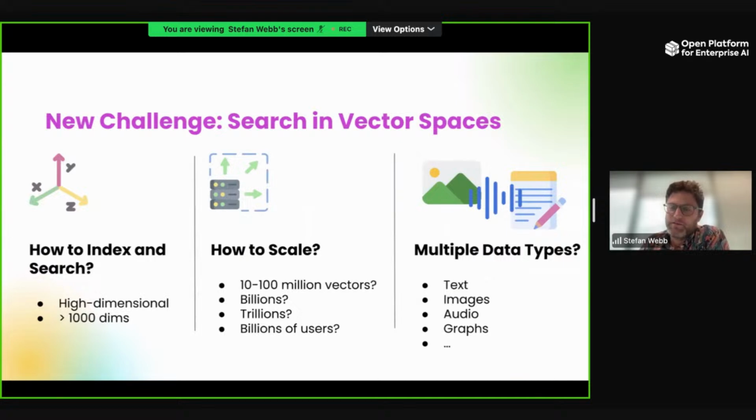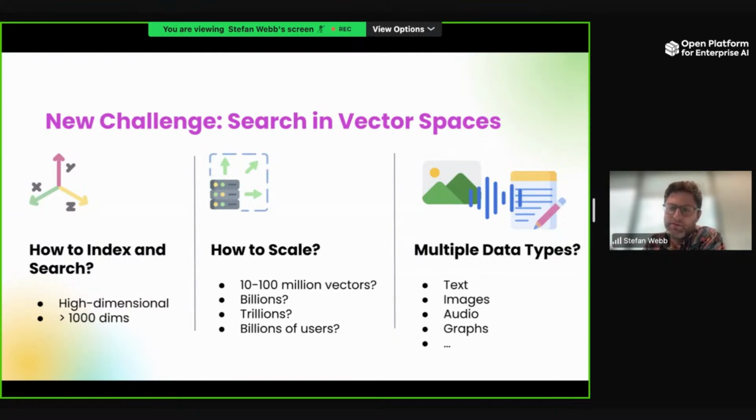So we've motivated semantic search. We've explained this solution of producing these vectors or embeddings with deep learning. But now there's a new challenge. How do we actually do this vector search efficiently and scalably? Some of the challenges are, how do we index and search this space, given that it is potentially a very high dimensional space? Embeddings may have 300, 700, even thousands of dimensions. And then how to scale that up.